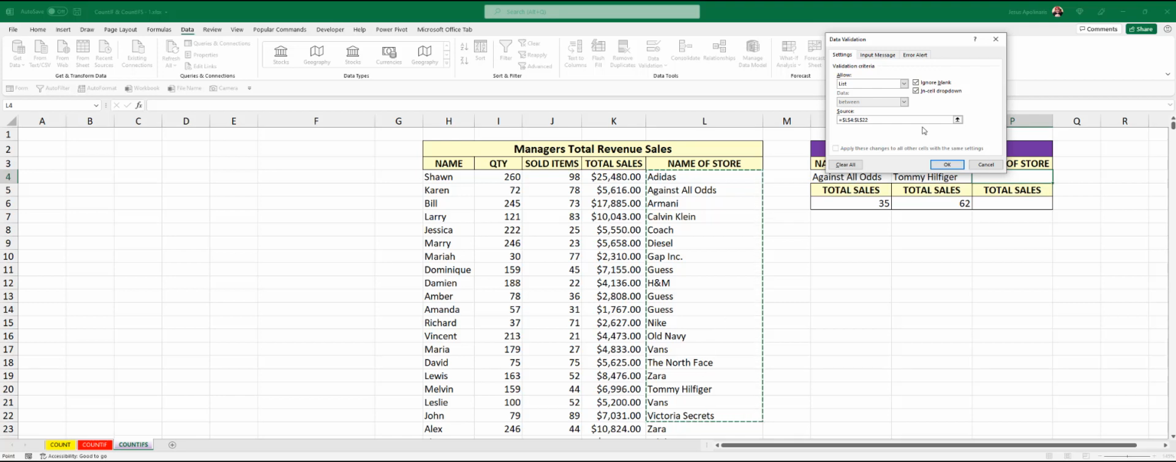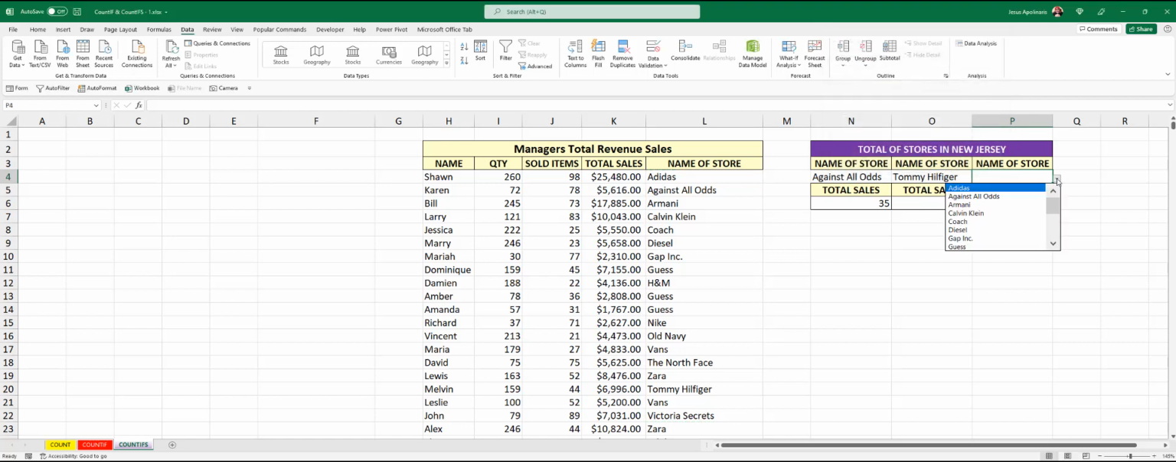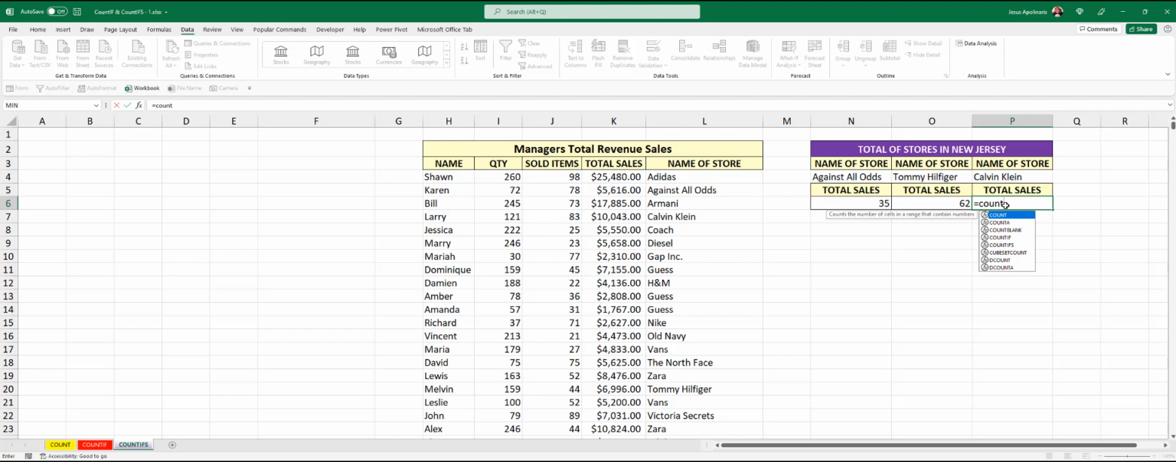Just to make sure I don't make a mistake. Now I'm going to click OK, and then I'm going to start with a name. It doesn't matter which one it is as long as I click one. Calvin Klein. Now I'm going to type equal using the keyboard on PC, then type the function name, COUNTIFS, down